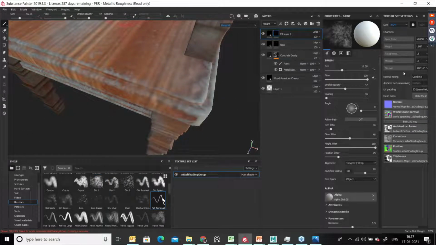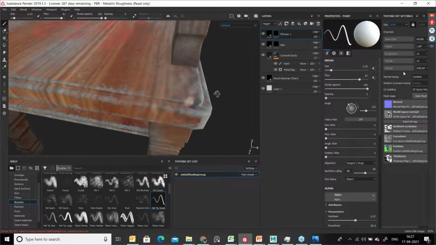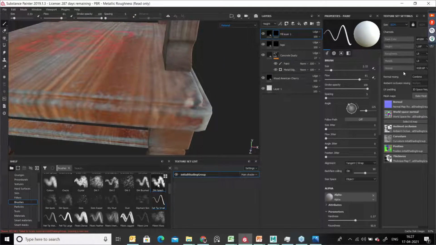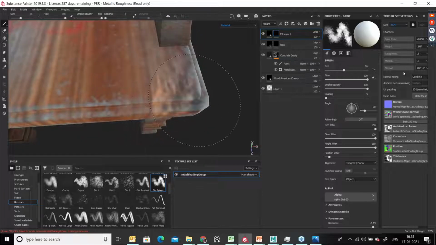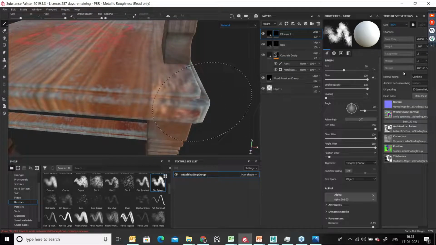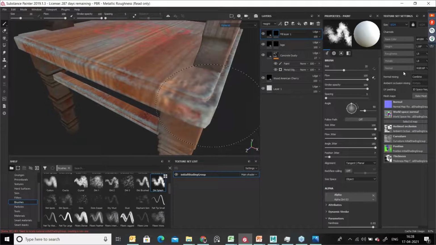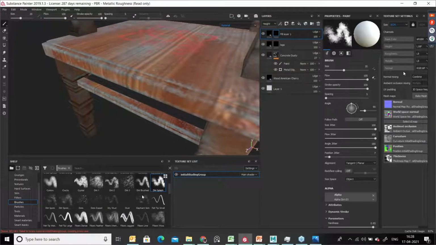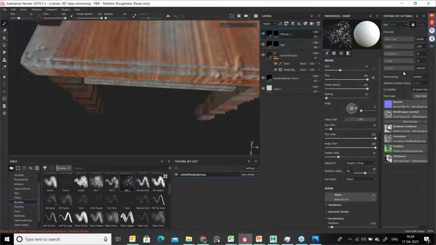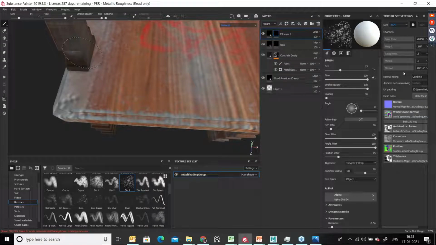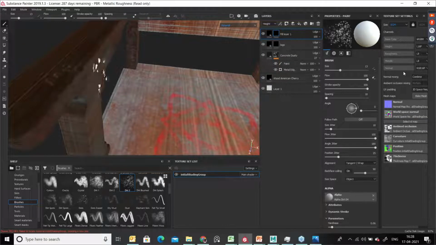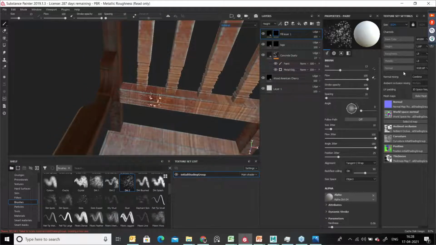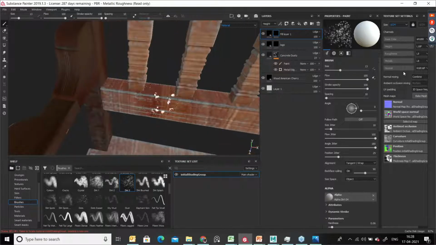For this, I need some sharp brushes. See here, this kind of brush is really helpful for you. You can identify some damage. I'm trying to create some damage for my chair. See here, this kind of image I need to add. See the old chairs and all, they should have something like this.